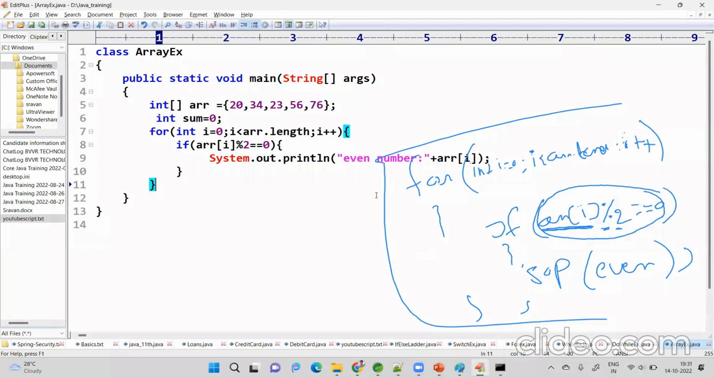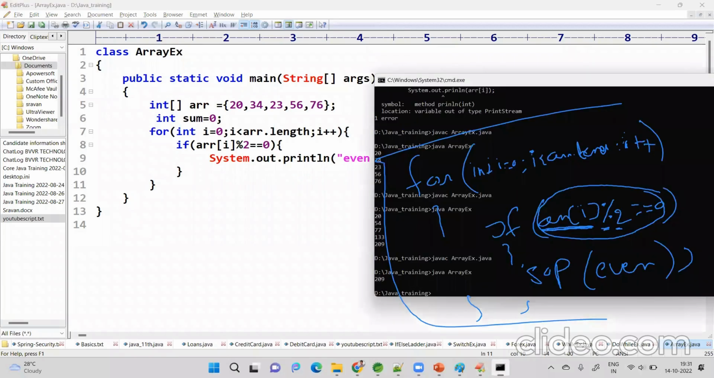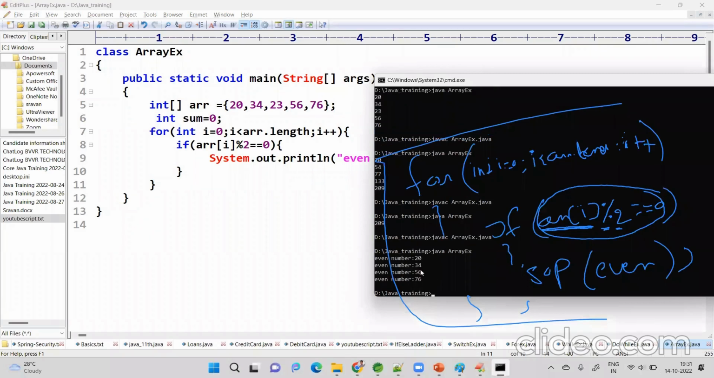Okay, this is about even numbers. Let's compile this. Here, these are the even numbers. Fine, true. Okay, then